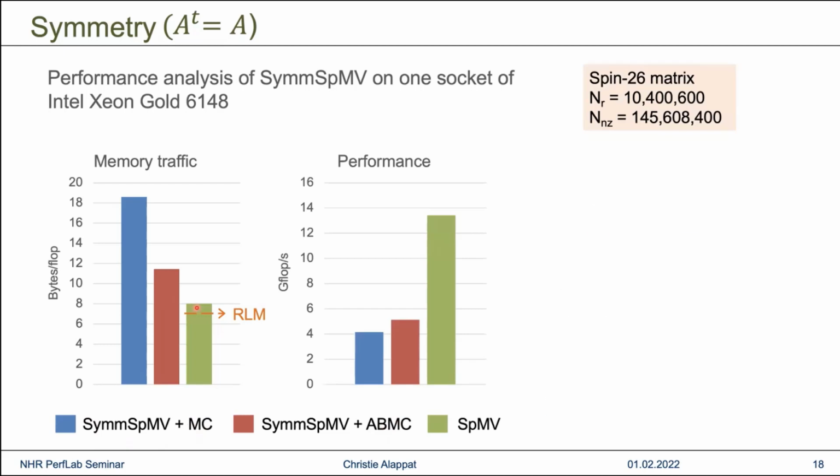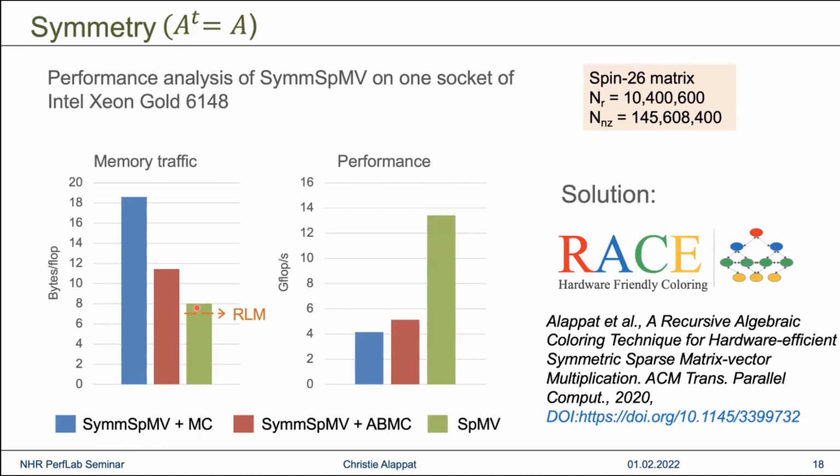And this was the main motivation for introducing our recursive algebraic coloring engine. Here we addressed this problem: how to avoid write conflicts and at the same time keep the alpha factor low. And to explain what's happening behind it,